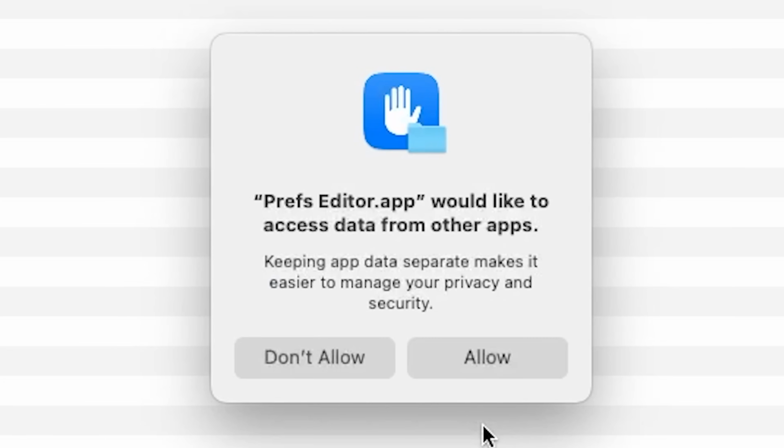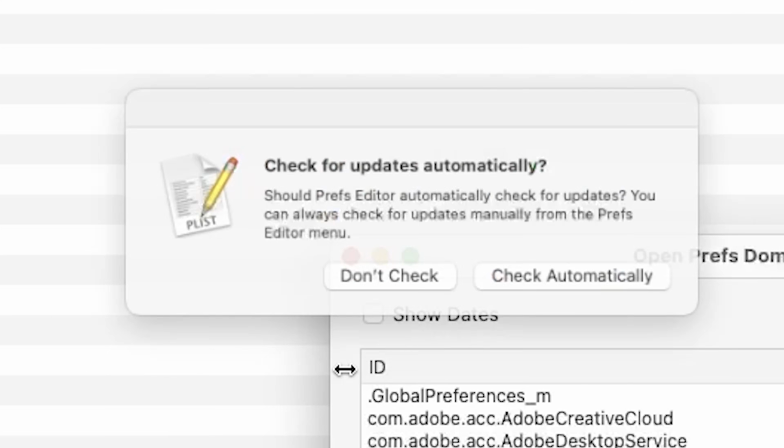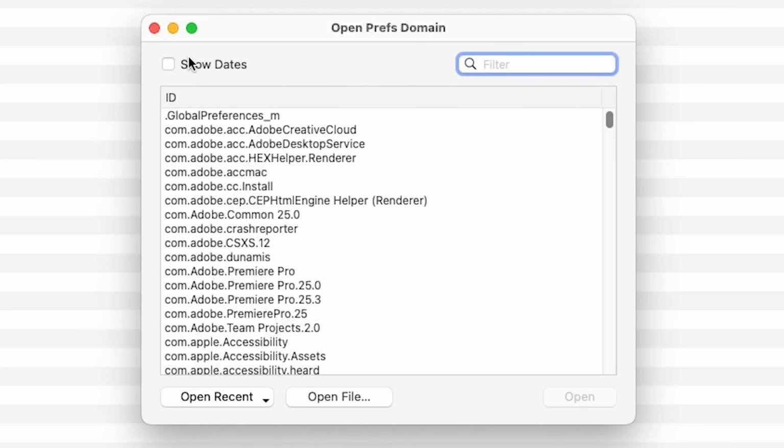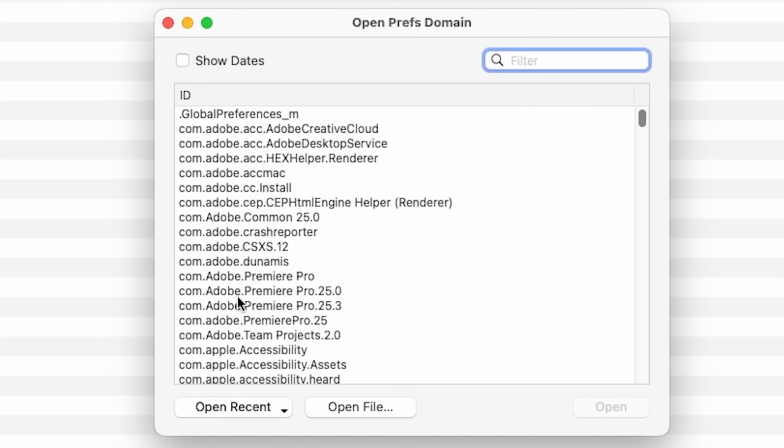So we'll choose open, and it said it would like to access data from other apps. Don't allow, and you can check for updates if you want to. I'm going to choose don't check. So this is where all your plist files are, and what we want to do is look for a specific one, and that is